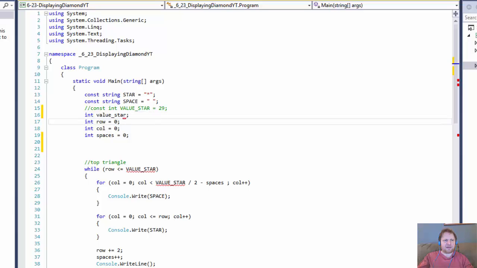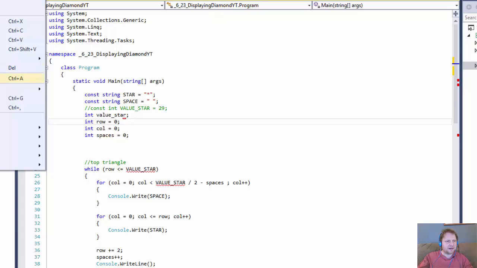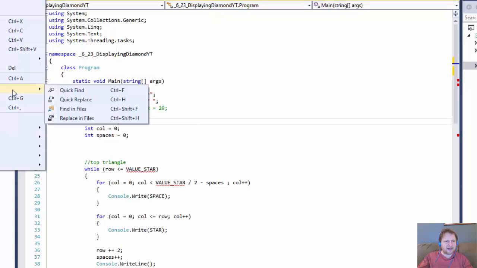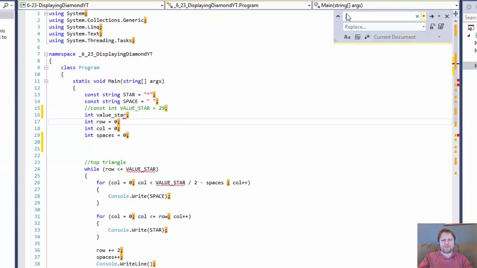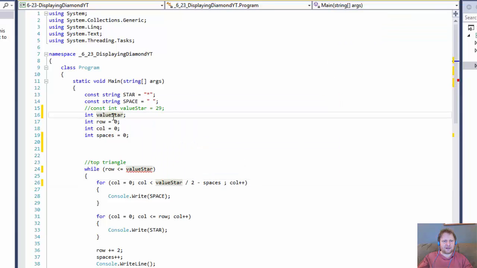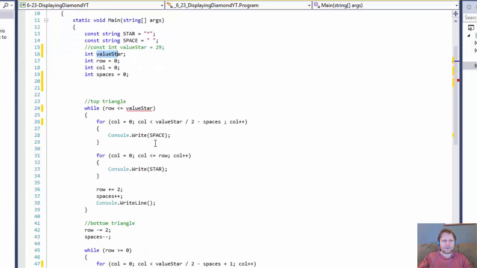I will rename. I will go to edit, and was it advanced? Was it in advanced? No, it's of course not. It's a find and replace, quick replace, and over here I will replace value star with just star, like that. And I'll replace all. Okay, so we have our value star variable, and then now we'll have to